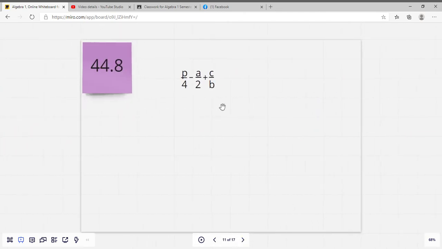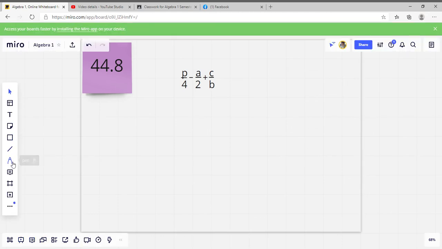All right, 47.8. On this one, I need to multiply. Okay, so I've got 4, I've got 2, and I've got b. If I multiply all these together,